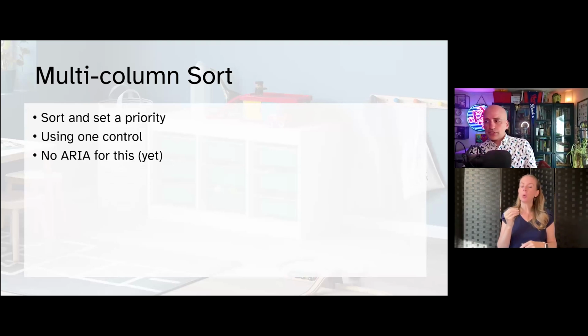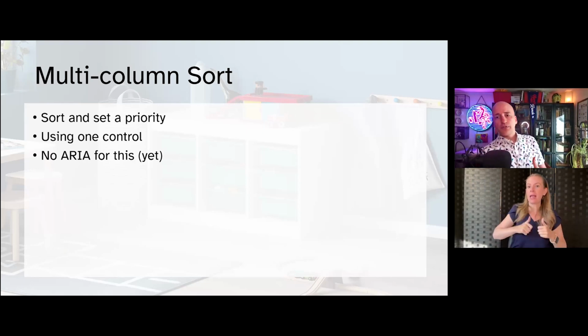So I'm going to wrap up this section by backing up a little bit. ARIA says, and I quote, "authors should apply aria-sort to only one header at a time," end quote. But there are use cases for more than one column to be sorted at a time, and ARIA does not explicitly forbid it. Now, the approach I'm outlining here is a suggestion, and I have a post going into far more detail on it. Broadly, you need to do this work all in the same control, same button, and without adding more noise to the page. I rely on live regions and data attributes, but do not change the accessible name of the button nor the column header.